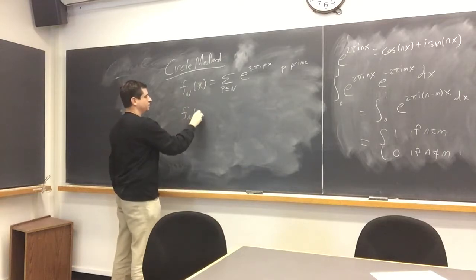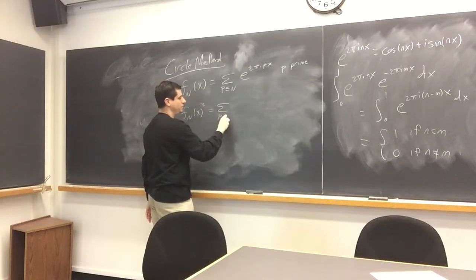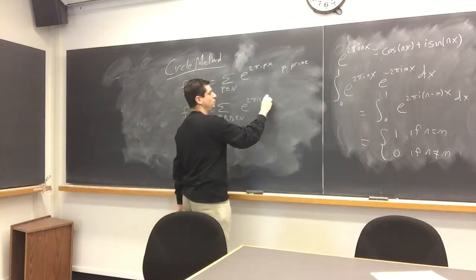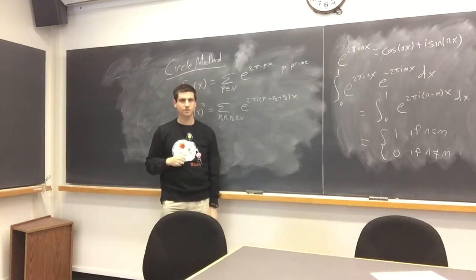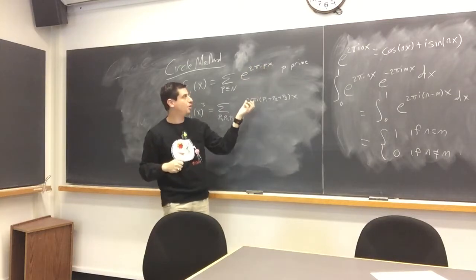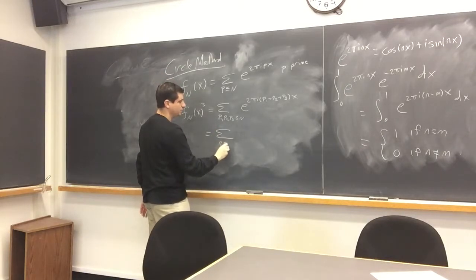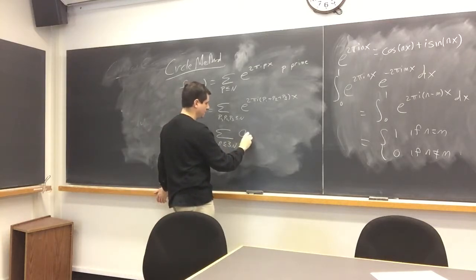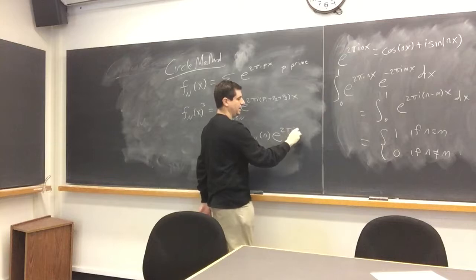Let's look at f_N of x cubed. This is going to be the sum over p1, p2, p3 less than or equal to N of e to the 2 pi i (p1 plus p2 plus p3) x. Right? So if I just cube this, I'll use a different dummy variable every single time, and I group all the terms. So this is the same as the sum over n less than or equal to 3N of a_3N of n, e to the 2 pi i n x.